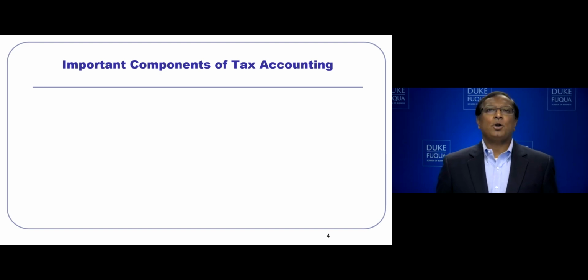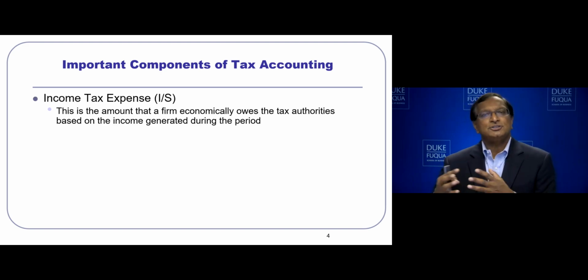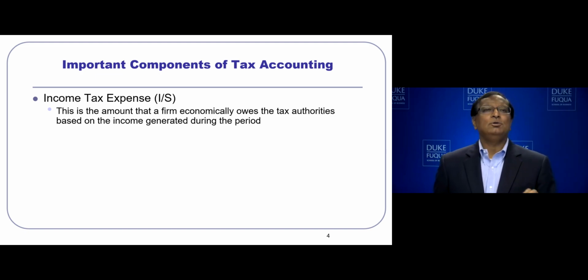Let's talk about the important components of tax accounting. The first one is the income tax expense that is recorded in the income statement. This is like any other expense. And this is the amount that a firm economically owes the tax authorities based on the income that is generated